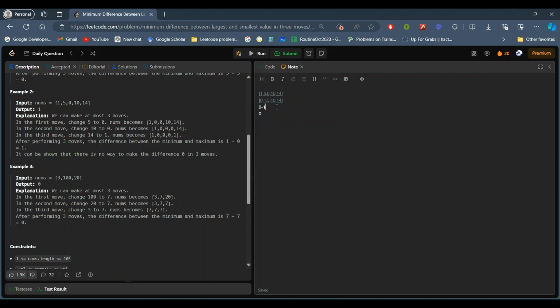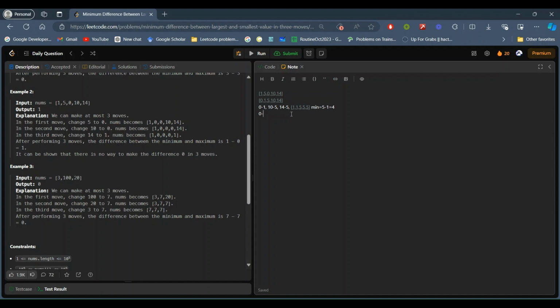So, make 10 to 5 and 14 to 5. Then the array will be 1, 1, 5, 5, and 5, because we have changed the first value and the last two values, right?